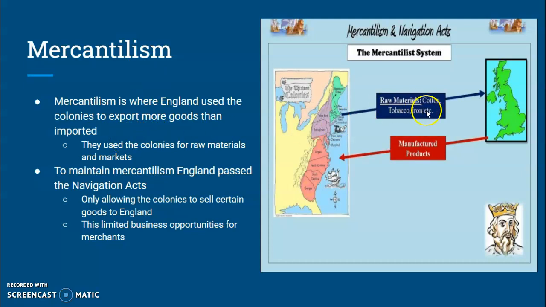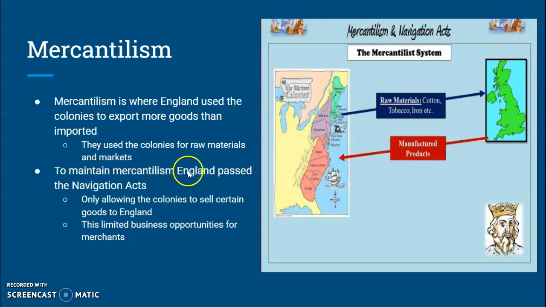So you can see here you got things like raw materials like tobacco, cotton, iron, and so forth. They're going to be sent to England, and then England will manufacture those. Like in the tobacco, they might make cigars or iron or even wood. They might make a chair or a desk, and then they're going to send it back to the colonies to be sold. They won't allow these goods to be actually manufactured in the colonies. They want the raw materials sent to England so English manufacturers can produce them, and then English businesses could then make a profit off selling those goods back to the colonies.